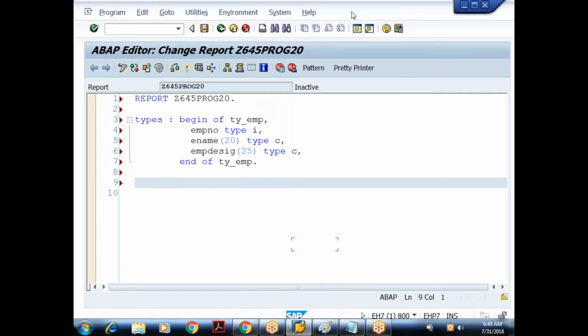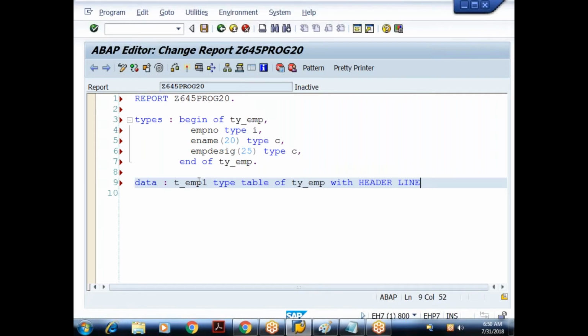So based on this types declaration, let us create the internal table. I'll say data, and give the name of the internal table as t_emp1 type table of ty_emp. Yesterday we said with header line. What is the meaning?